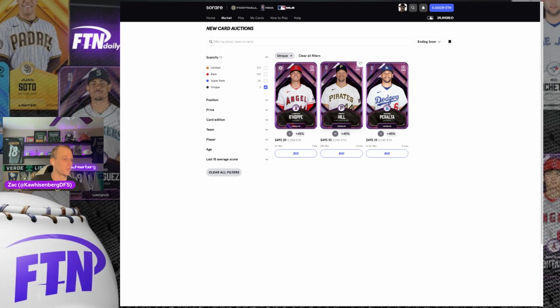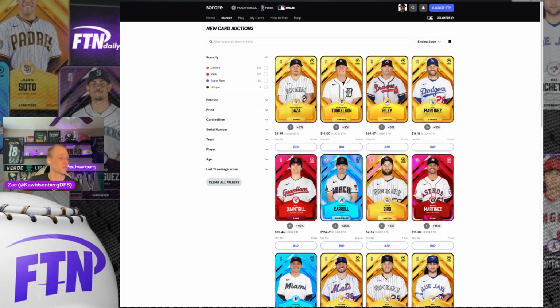Again, uniques are one of ones. There will only be one Rich Hill here. And you can see the bids, very expensive for these unique cards, and for good reason. If you own one of these unique cards, you are the only user on Sorare that can play that card in a unique contest. So to me right now, building out your scarcity card collection through the auction feature, I think, is probably a more cost-effective way to attack Sorare in those higher tier, higher scarcity contests at this point,